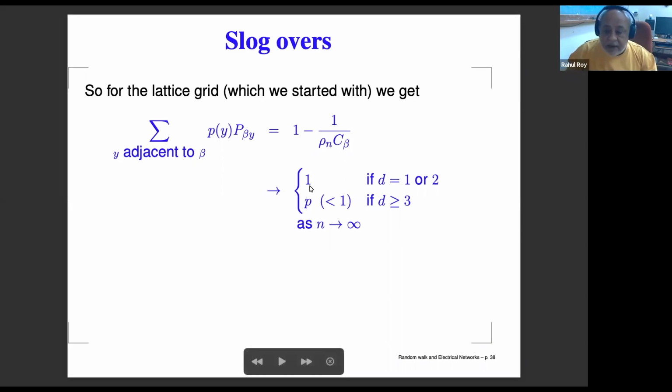That's something which can be generalized from this argument, because once you return to 1, it's as if you're starting afresh. But here, that's not the case, because if you return to 1, your probability of returning to 1 is p, which is less than 1. Probability of returning to 1 twice, for the second time, is p squared, etc. In other words, the probability of returning to the origin n times is p to the power n, and that goes to 0 as n goes to infinity, because p is less than 1. And therefore, starting from the origin, the probability that you return to the origin infinitely often is 0 if you are in dimension 3 or more.